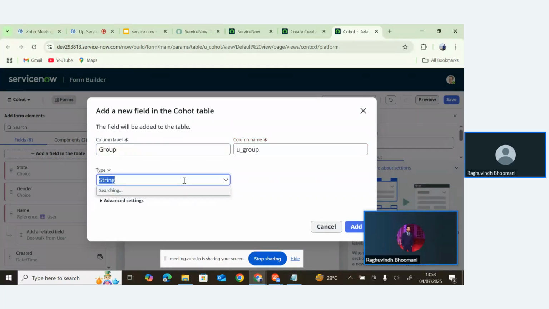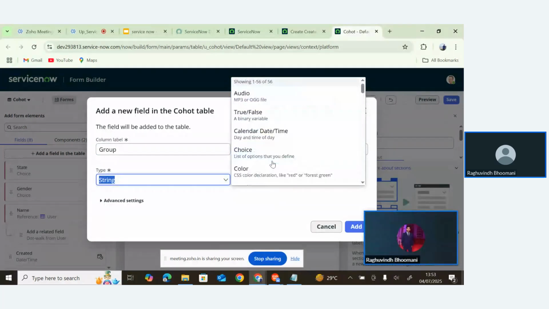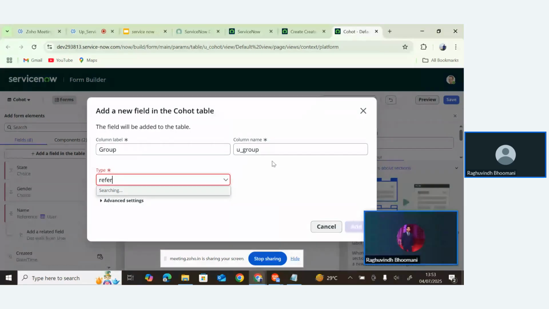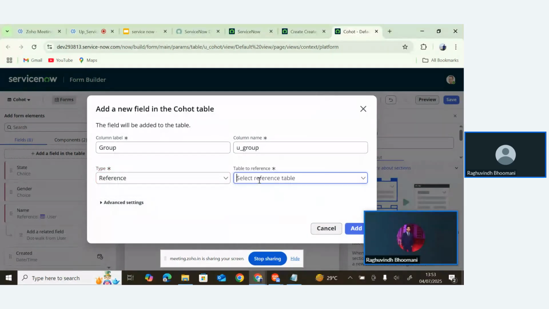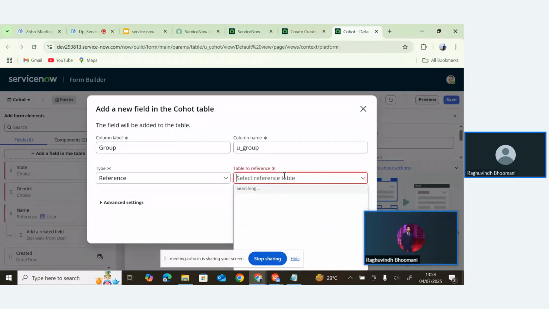So let me take a reference to this group. The group type is reference. So this is a reference to the groups table. So what's the backend name of the groups table? It's sys_user